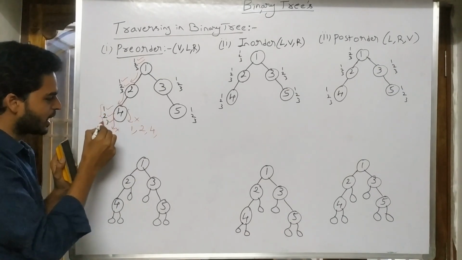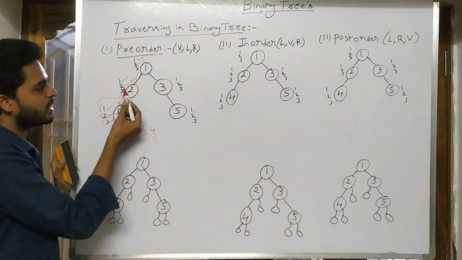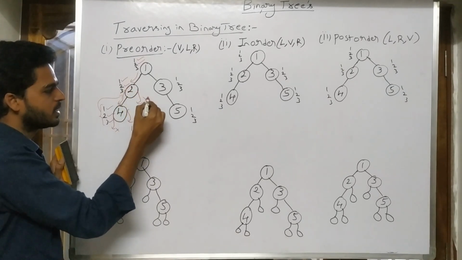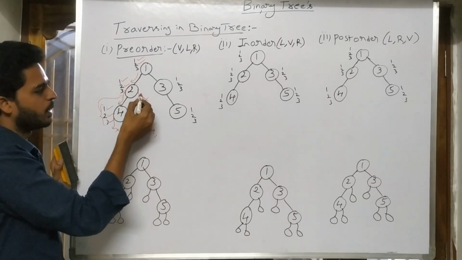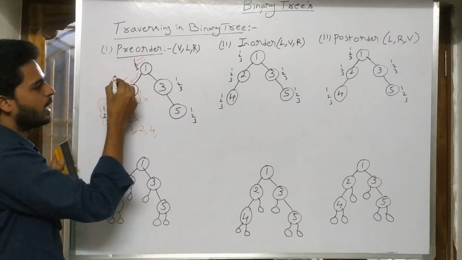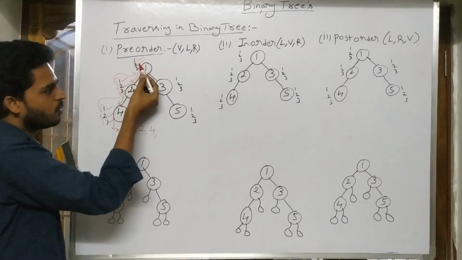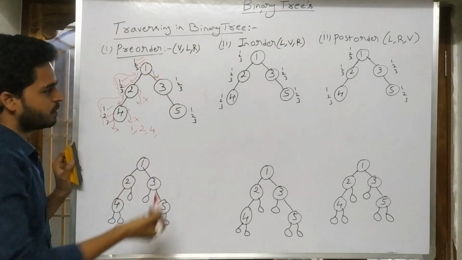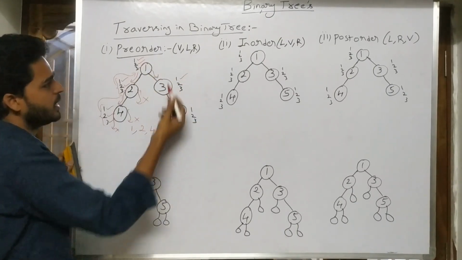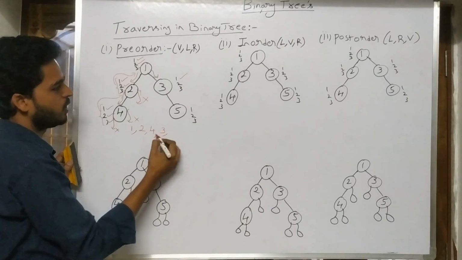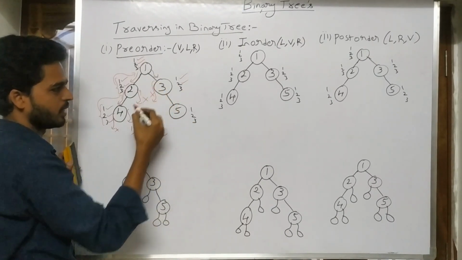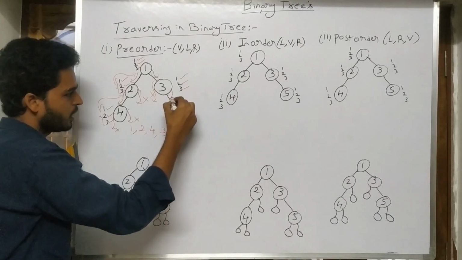As all these 3 are completed, I will move back. Then 1 and 2 are already completed, move for the third one. Right side is nothing, so I will come back. All 3 are completed, I will move back. Here only 1 and 2 are completed, so I will go for the third one, that is right side. Here first statement, that is visiting, so I will get the value 3. Then second statement, left side, nothing. Then third statement, right side.